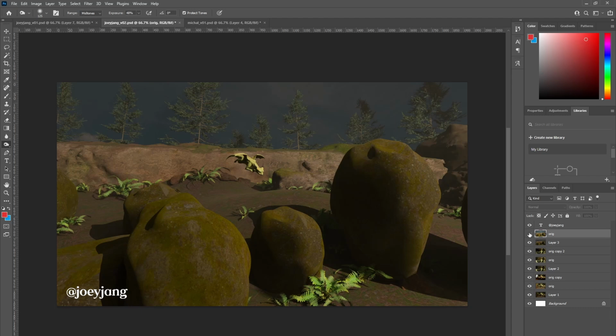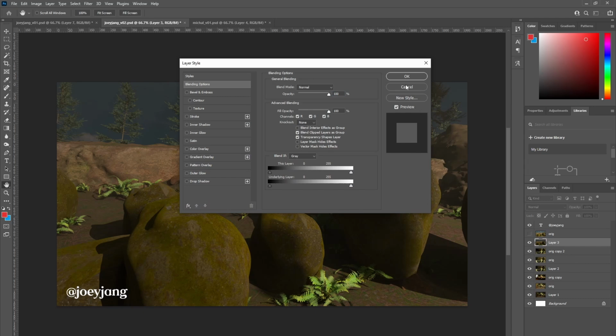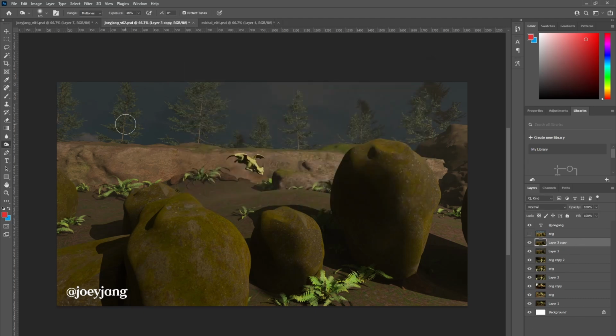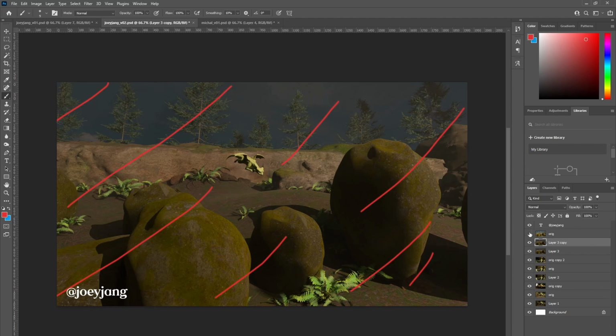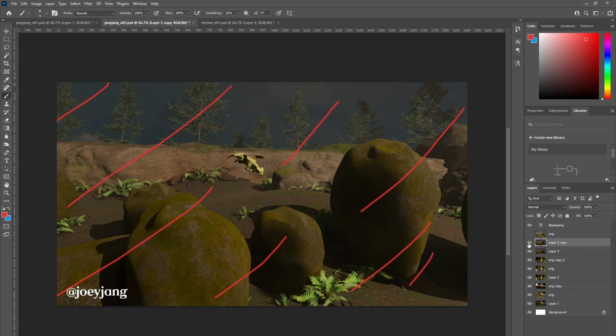Again, I feel like there's just been a general bringing down of the background, and just leaving the foreground as it is.